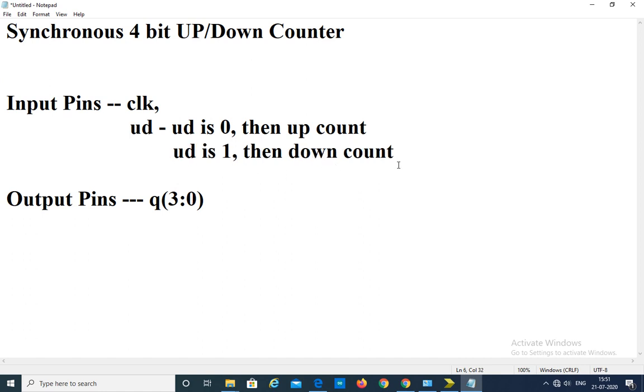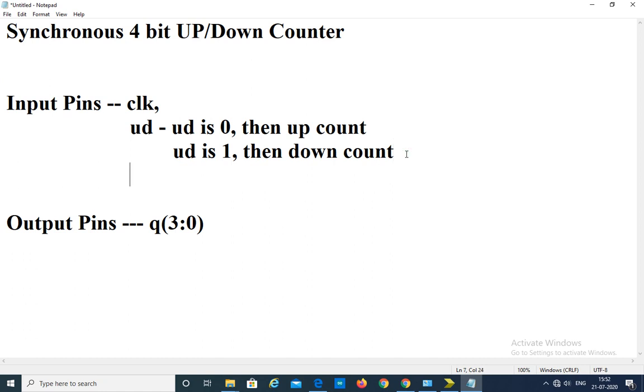And also we are using another input pin here called reset pin. If reset pin is equal to 1, it means it is active. If reset is equal to 1, then the output is 0. It contains all zeros.